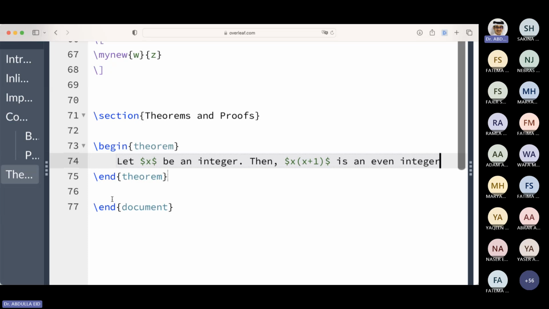Now, if you write it between begin theorem and end theorem, LaTeX will take care of the formatting. It will take care of giving this theorem a number if we need to, and it will take care of everything that is needed. Now, in order for LaTeX to recognize begin theorem and end theorem, for example, if I compile it now,